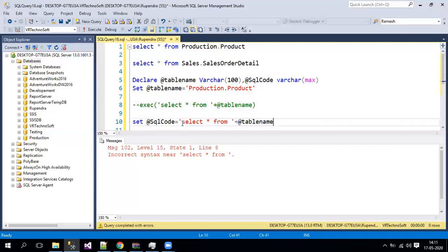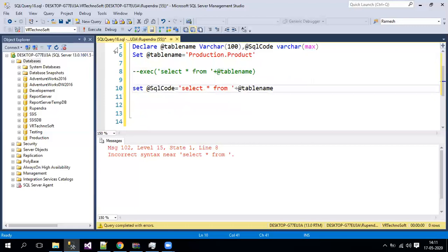Now when you execute the entire query along with your declare statement, it will compile this query like select star from, and this value will also get passed over here, and finally this variable stores a select query. Let me show you.